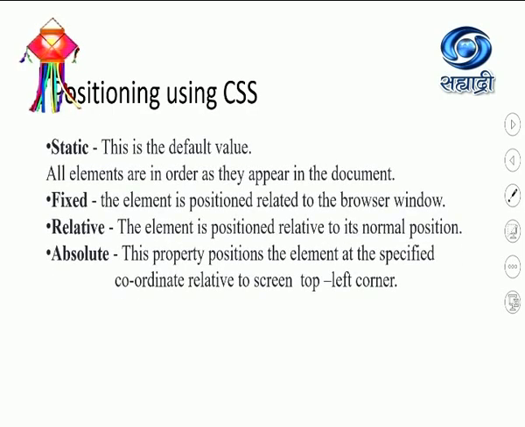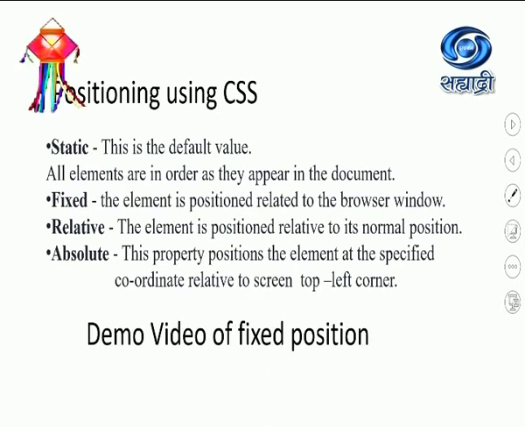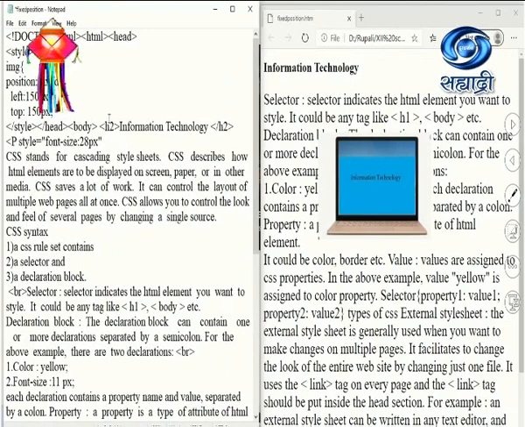There are four kinds of positioning in CSS: static, fixed, relative and absolute. Let us see the video for that, how we can make use of fixed positioning. Observe the code on the left hand side. For the image, I have mentioned the position is fixed. On the right hand side, observe the laptop image, which has position fixed, and from the left side 150 pixels, and from the top it will leave 150 pixels again.